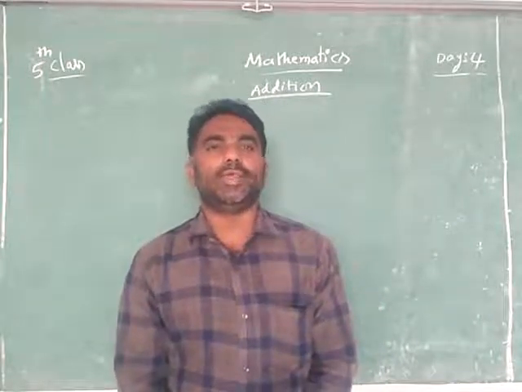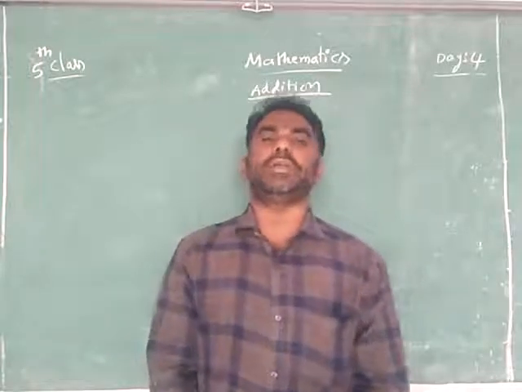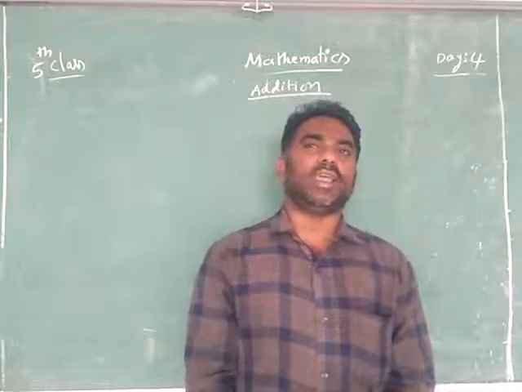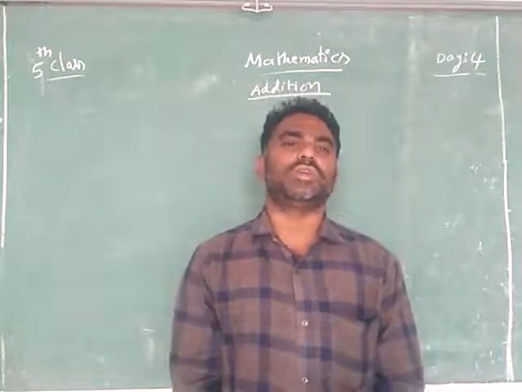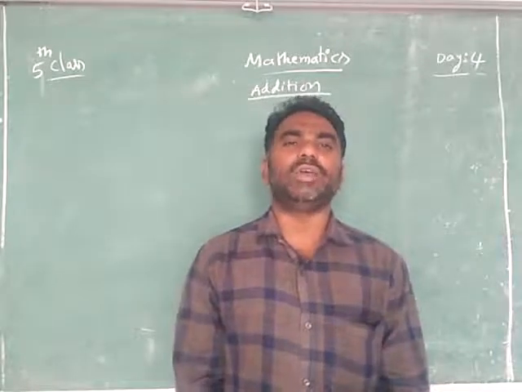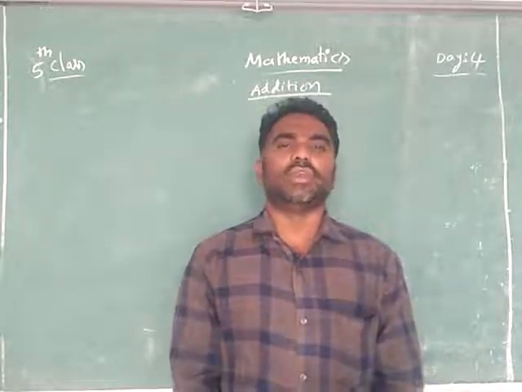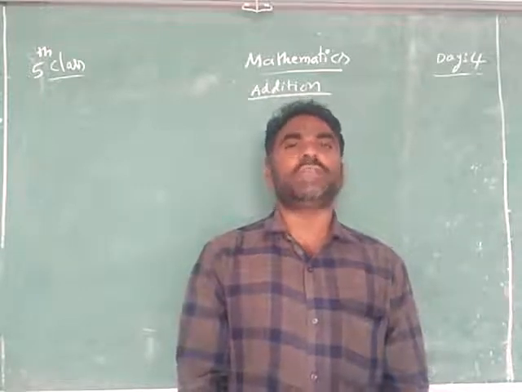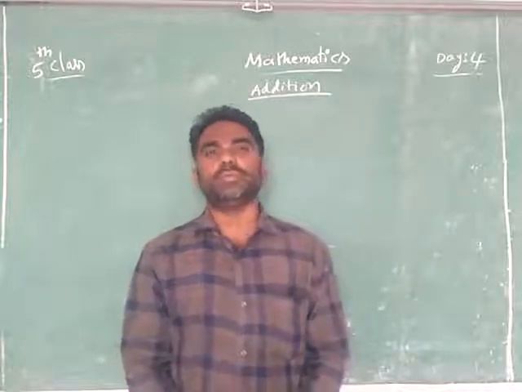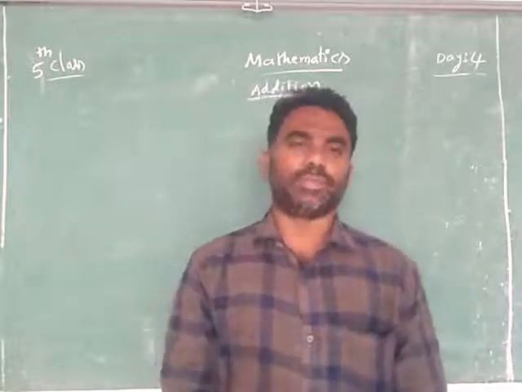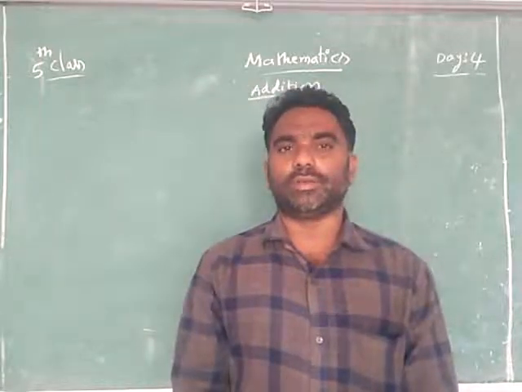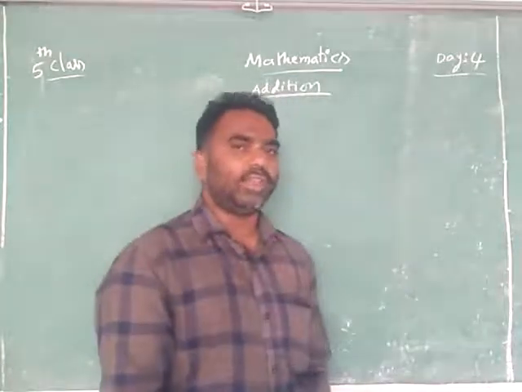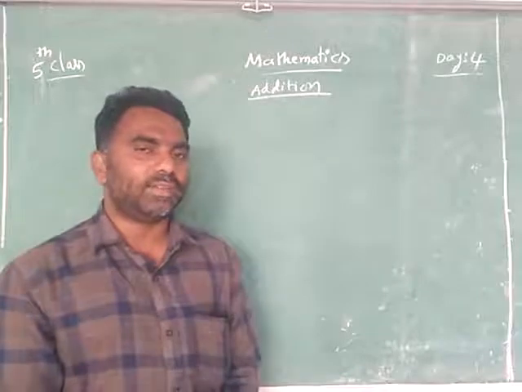In a garden, there are 70 mango trees, 30 banana trees, and 60 neem trees. How many trees are there altogether? This is the question. How do you solve it? We will solve it by using addition. Like that, there are so many situations where we need to do addition, and we will solve those problems by using addition. You can understand addition, I think. The meaning, when we use it and how we use it, you have known all these things already. So once again we will discuss it today.